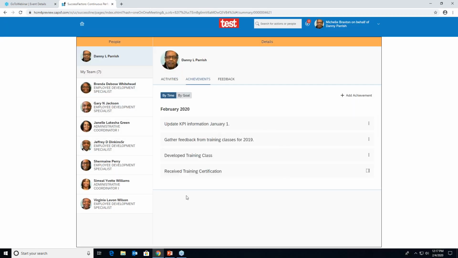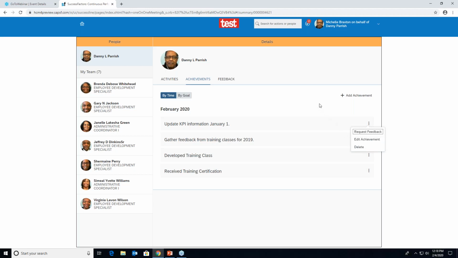So again, that information will be here. Again, similar to the activities page, you can request feedback that is tied to this particular achievement. You can edit achievements, and then you can delete achievements.